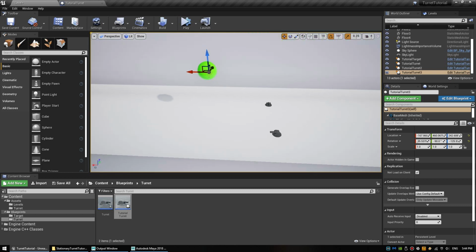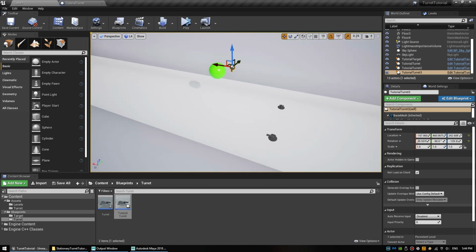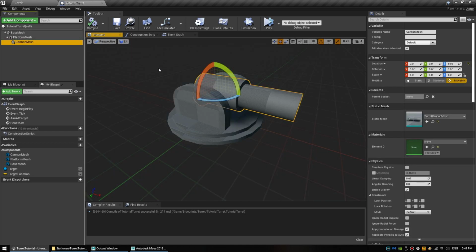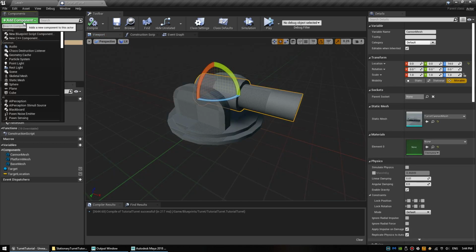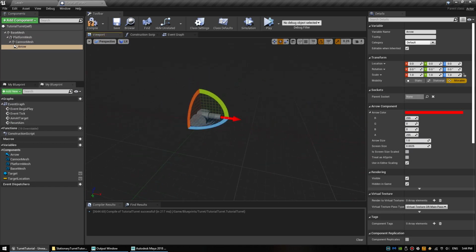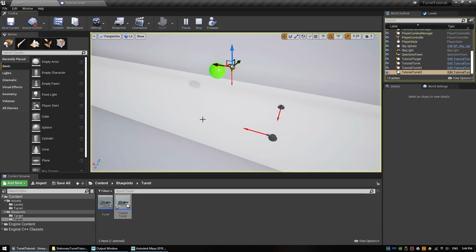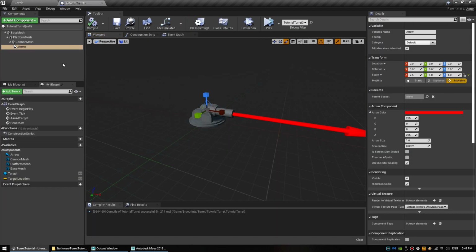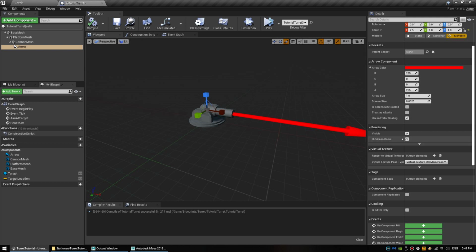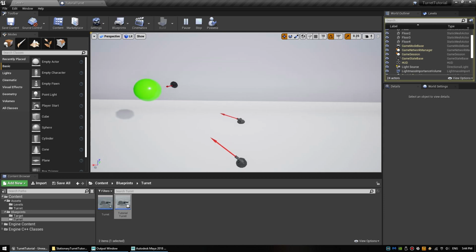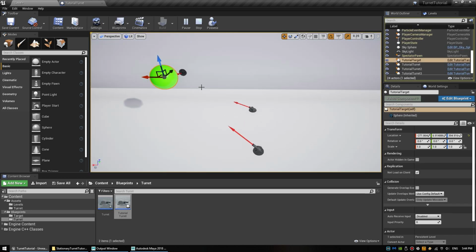Now if all goes to plan, actually what I might do is quickly, on the canon mesh, we'll add another component of an arrow. And then we will just scale that up. Now, we want to turn off hidden in game. Compile. There we go. So you can see